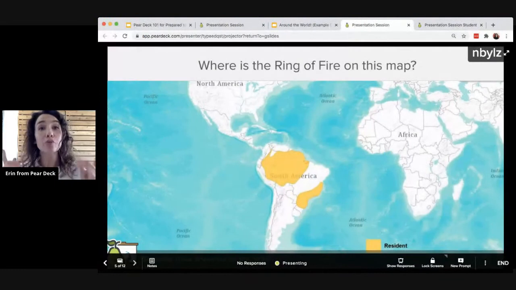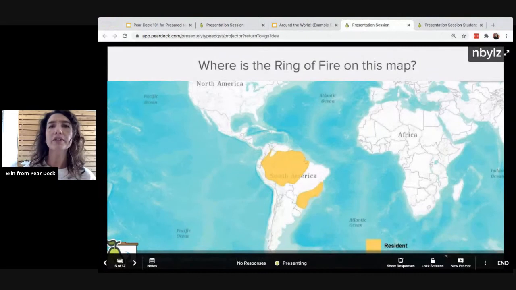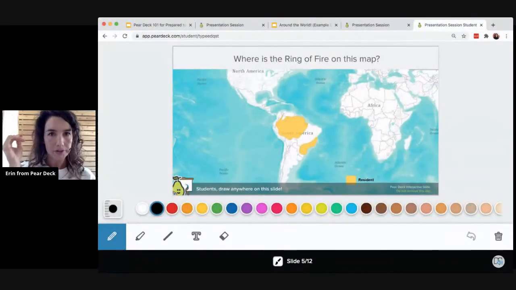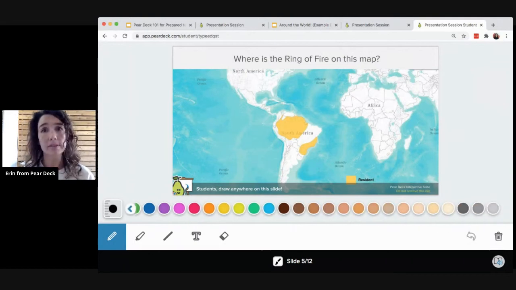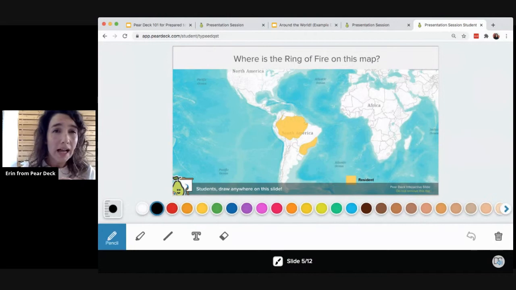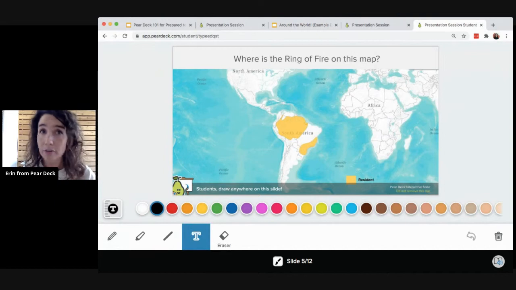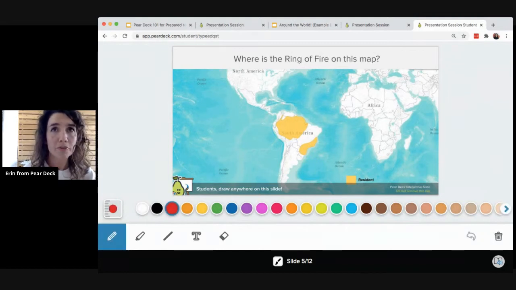All right, so here's that drawing slide, if you recall. You can certainly see it easily on the student view. So students will know exactly what they're being called to do if they look at that footer. And when you have a drawing slide, you have access to all of these tools, all these colors, and also a pencil, highlighter tool, straight line tool, text response, and an eraser. And you can resize all of these. So I'll just do a basic drawing to demonstrate,